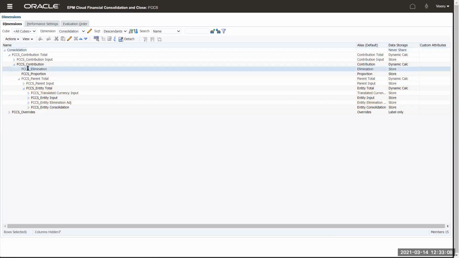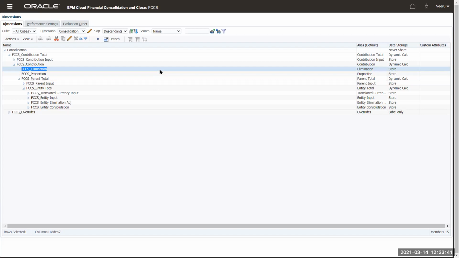If we want to see the eliminated data for a particular base level entity, we have to select the parent currency, because the entity currency will not be valid for an elimination, right? I'll tell you about certain use cases where you can see it in both, when the parent currency is the same as the entity currency. But at a high level, yes, you are right.